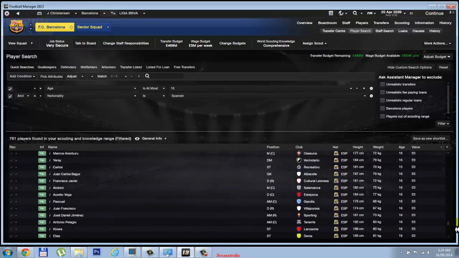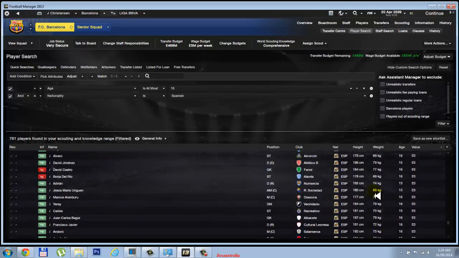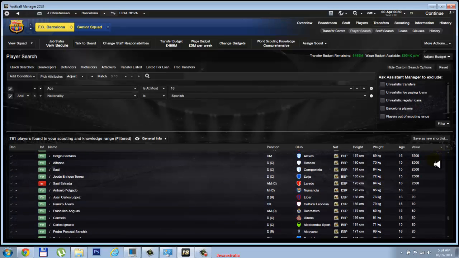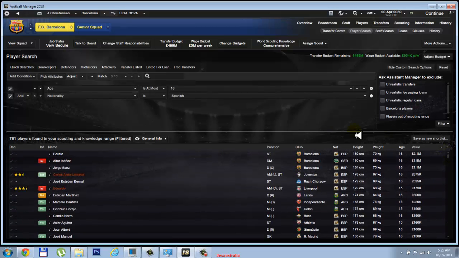So down to, whoops, typical, down to this player. This is what you need to scout. I wouldn't scout these because they're probably not worth it anyway. But don't worry, you will get plenty of talent this way. And again, when you've done this with several countries, you get a huge amount of